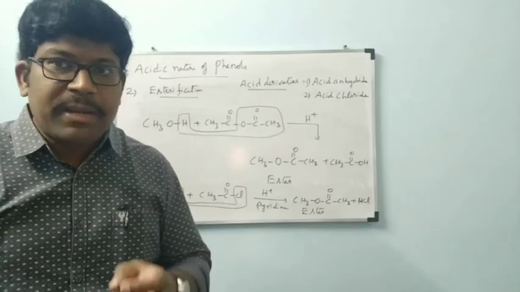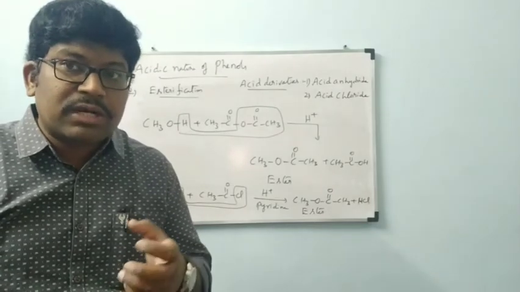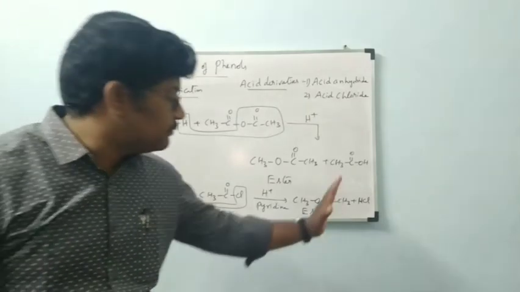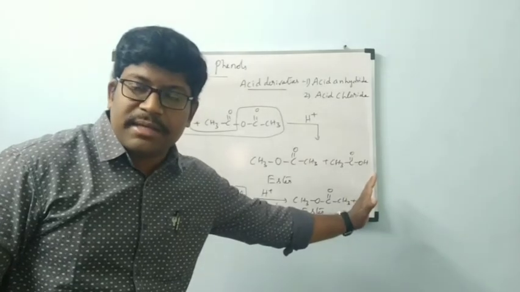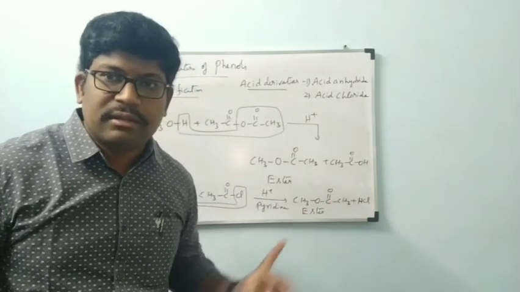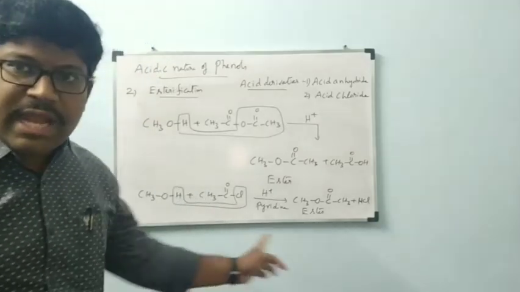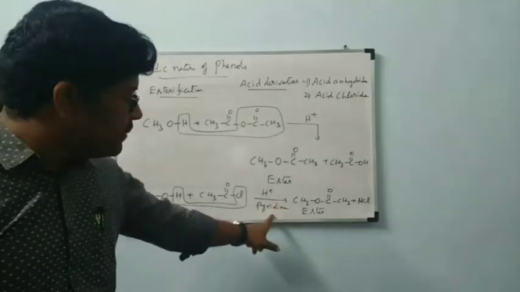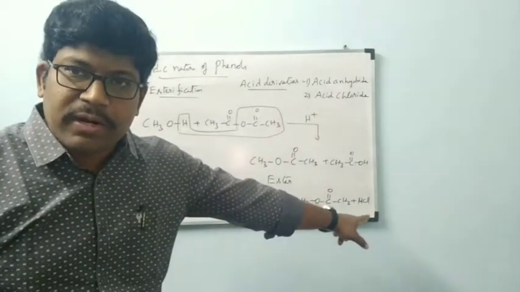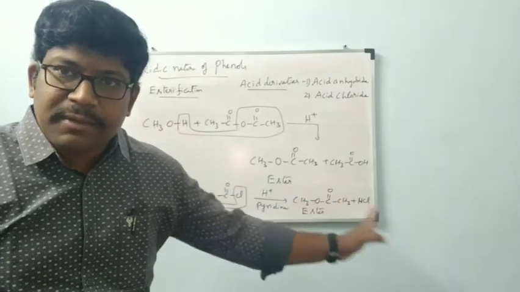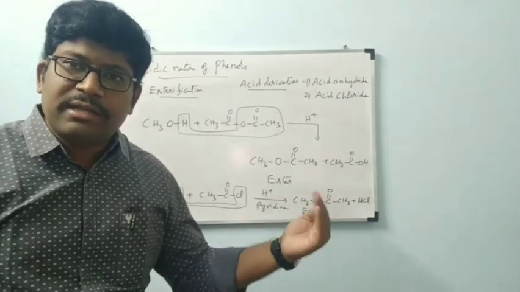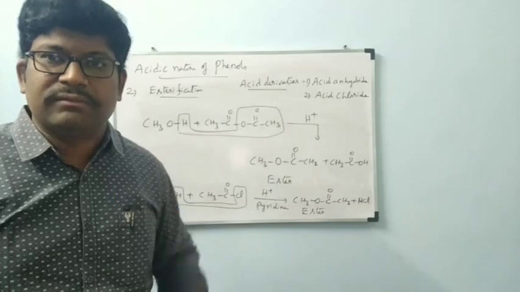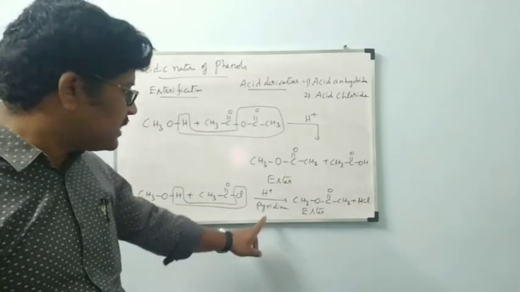Note down the point. Pyridine is the base which will neutralize HCl, or which will remove the HCl. When HCl is removed, the backward reaction will not take place, and we will get only ester. That point you can write. In this reaction, the importance of pyridine is that pyridine will neutralize the HCl product. Because of that, HCl will be removed and we avoid the backward reaction. The final conclusion is we will get ester only. For that purpose we have taken pyridine.